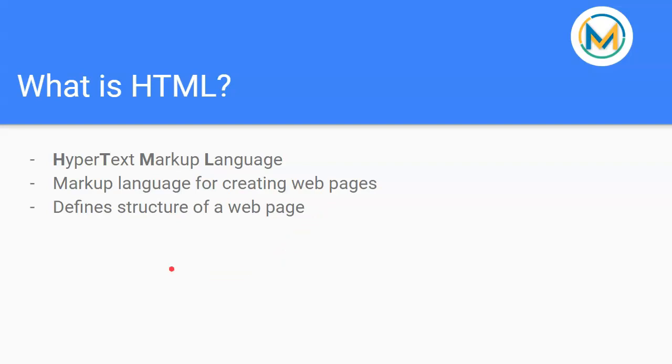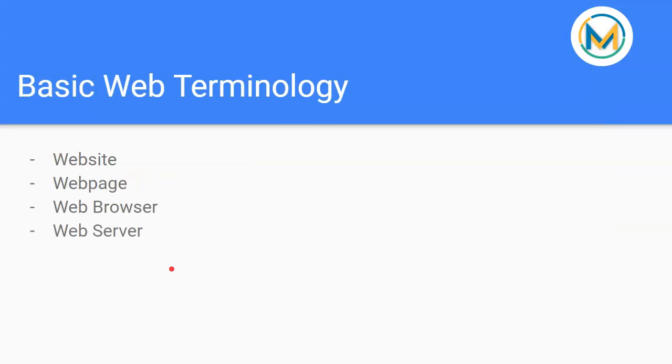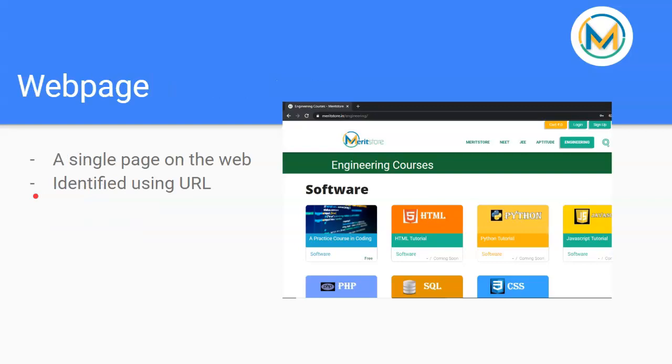I hope in this lesson, in this video, you have understood the basic terminologies. That is, what is a web page? A web page is a single page, a single HTML document. A website is a collection of many such web pages. A web browser is used to display the web page. It receives HTML document from the web server and converts it into something which is easily viewable by users. And